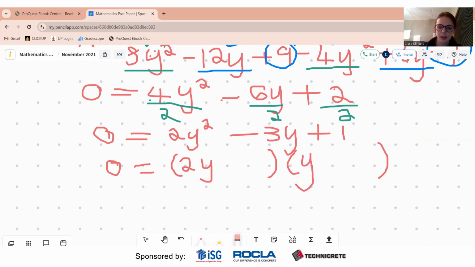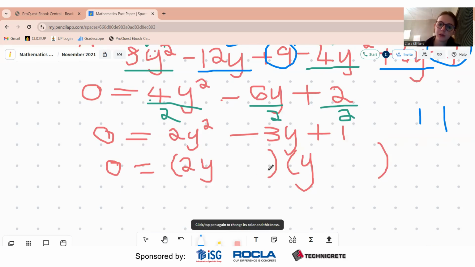Then my constant is 1. And the factors of 1 are 1 and 1. Just a little side note while we're talking about it. 1 is actually not a prime number. 2 is actually the smallest prime number that exists. Anyway,